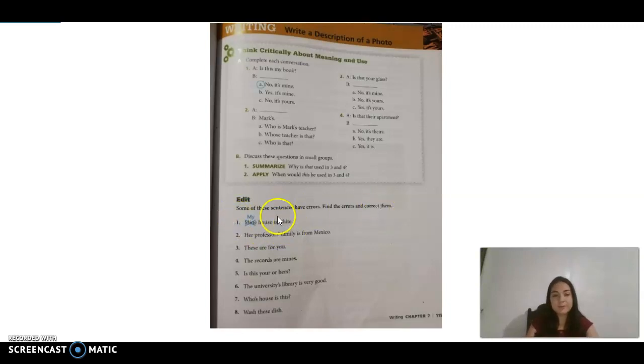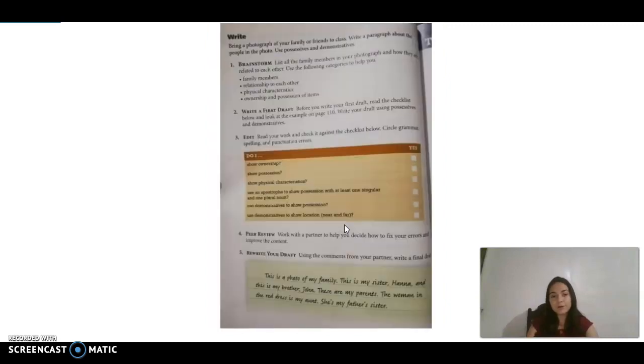So you have the example, and then we're going to work in the notebook, okay, on page 116. And we have write. You are going to take a photograph of your family or friends to class. You are going to write a paragraph about the people in the photo, okay, and you are going to use